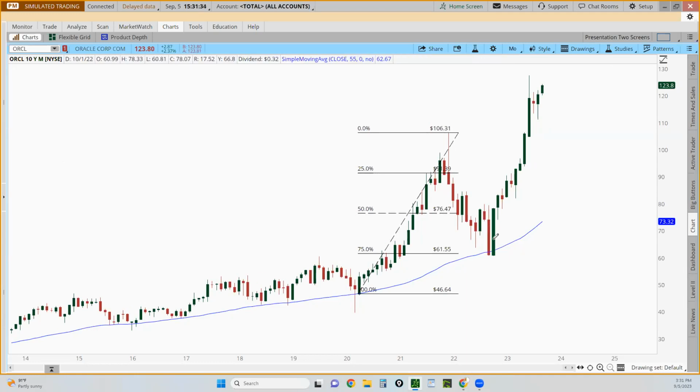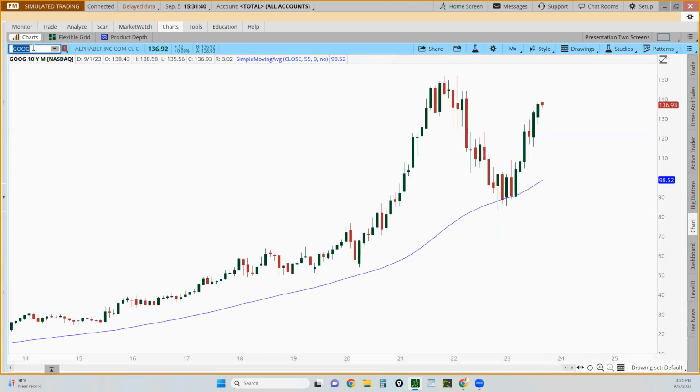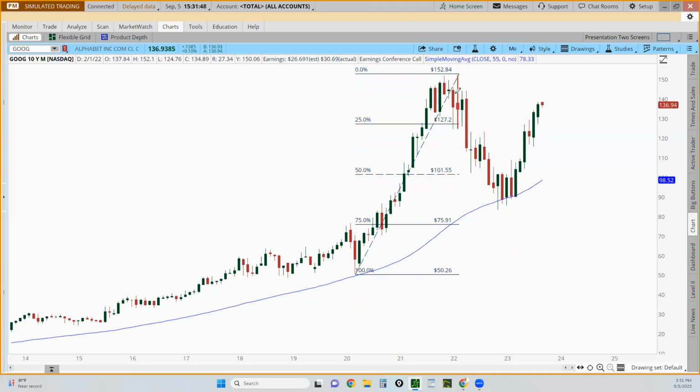Okay, and so this is what I'm looking for. I mean, it's as simple as that. I can show you multiple examples of doing the same thing too. Here's Google on its way, right? So again, you go up here, you go to the high right there, boom.